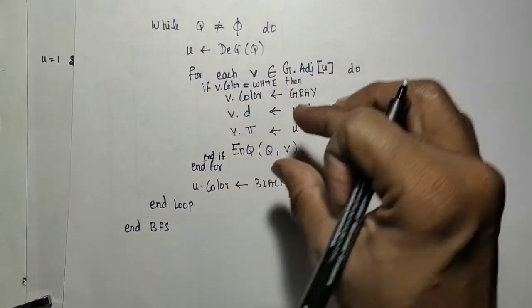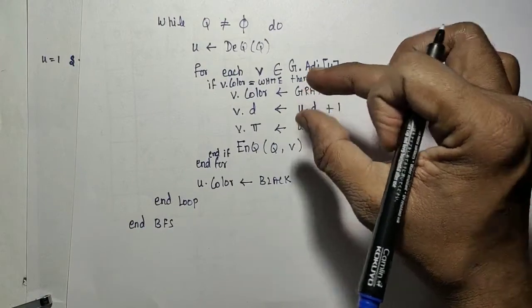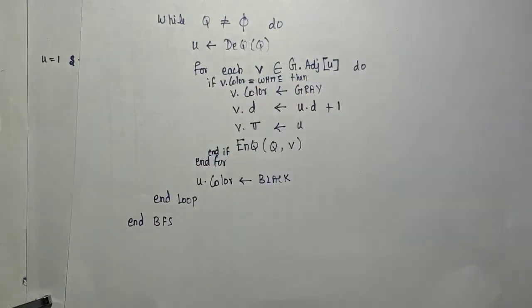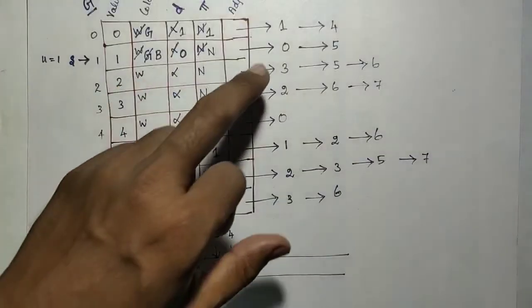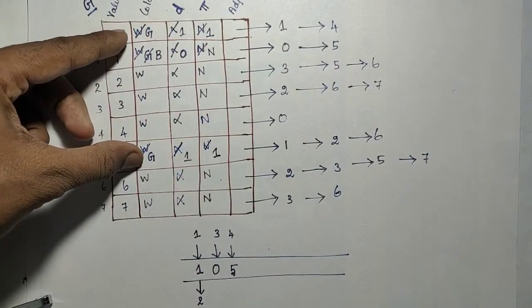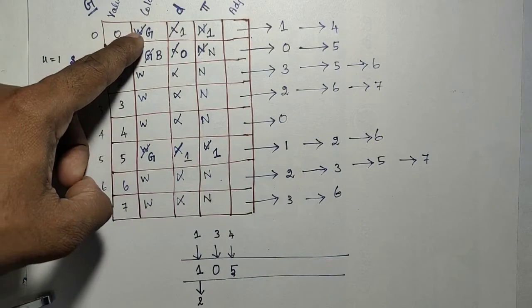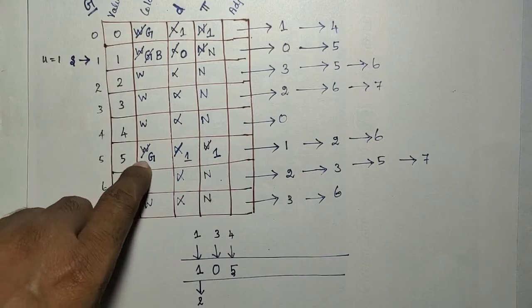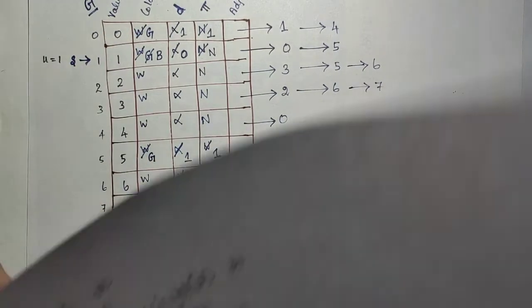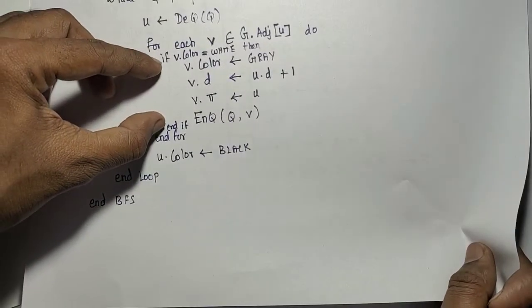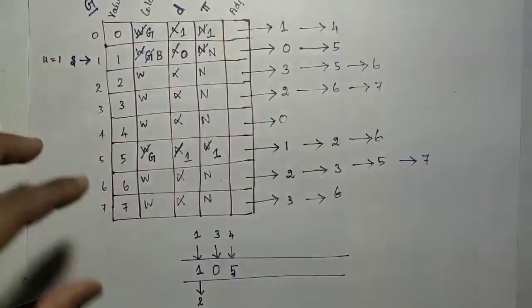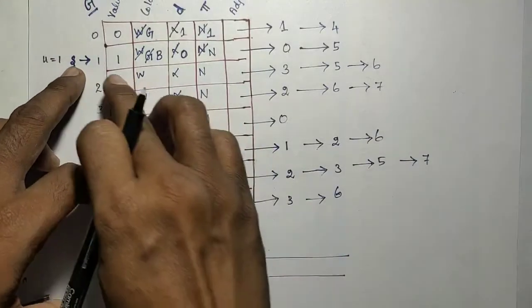That operation has to be done only if that particular node is not visited. In that case, both nodes are not visited, so we have done it and we have enqueued. Both nodes' initial value will be white. So it is visited and then enqueued, so that we have to put here.